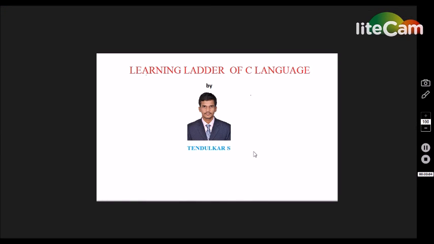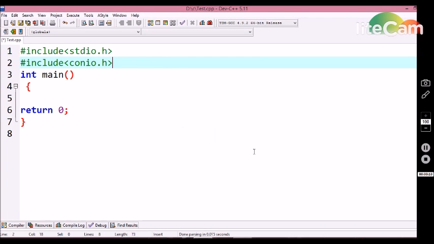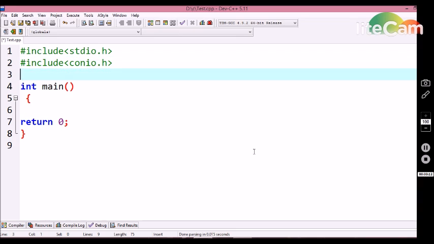In this tutorial, we are going to see what the difference is between union and structure. To show you the difference between the union and structure, first let me take a small union example